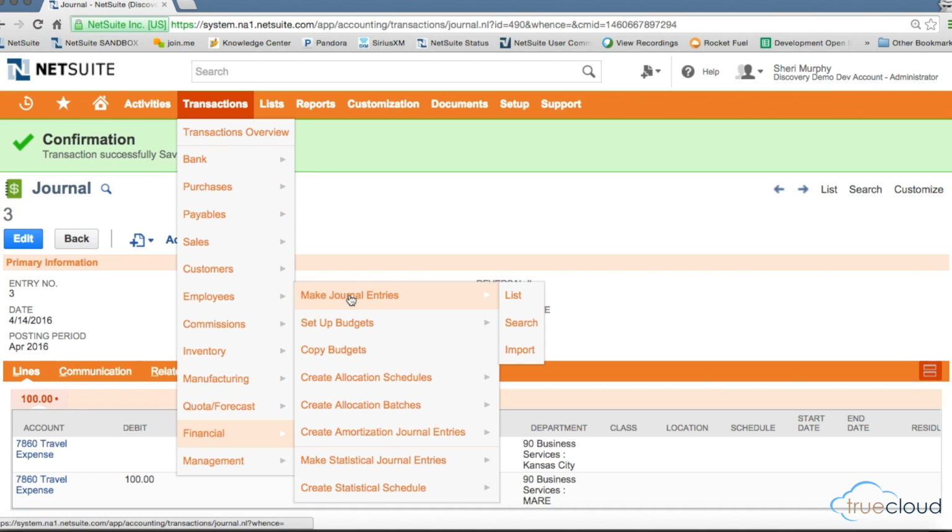If this were a OneWorld account, you would also have intercompany journal entries. Intercompany journal entries allow you to post between two subsidiaries, not more than two, just two. It can help you balance between those two subsidiaries. So you could produce the same result by entering two different journal entries, one for each of those subsidiaries,